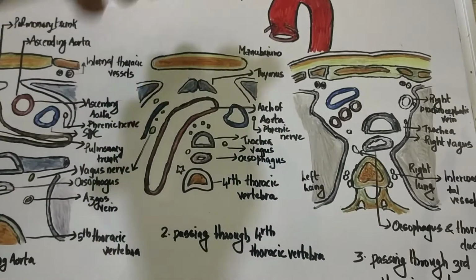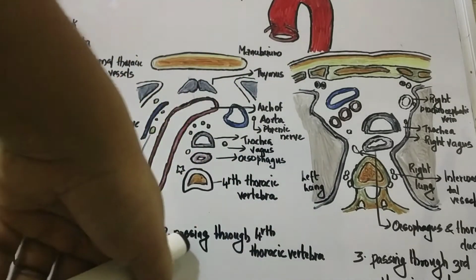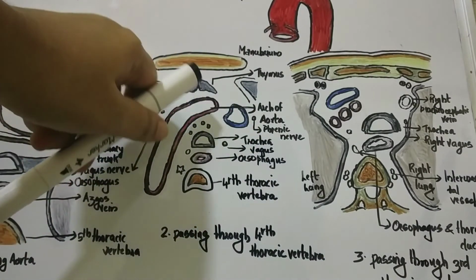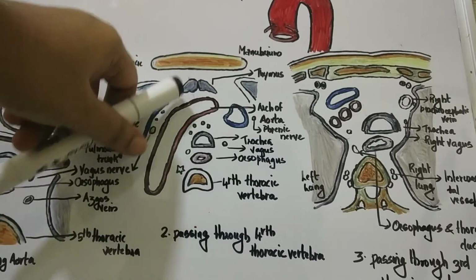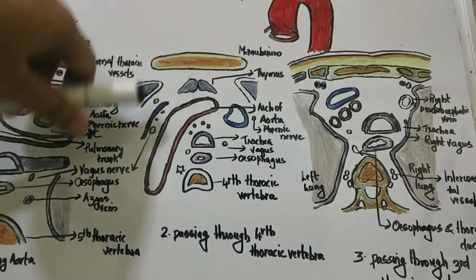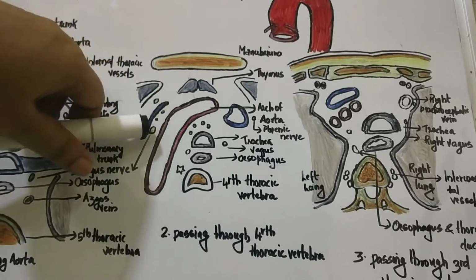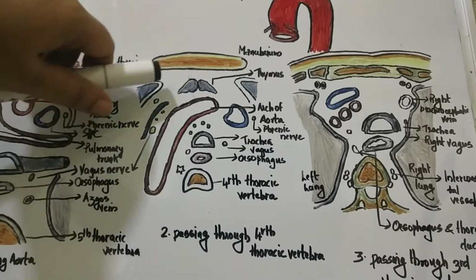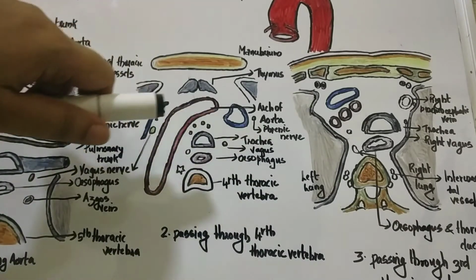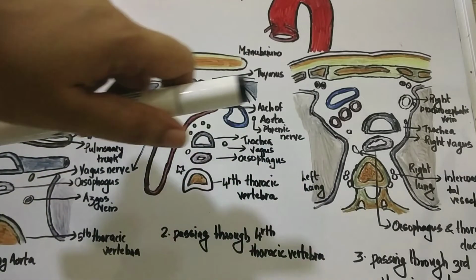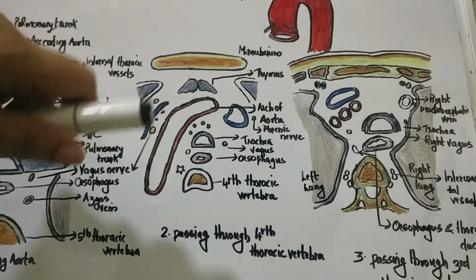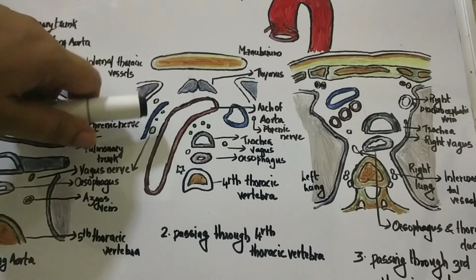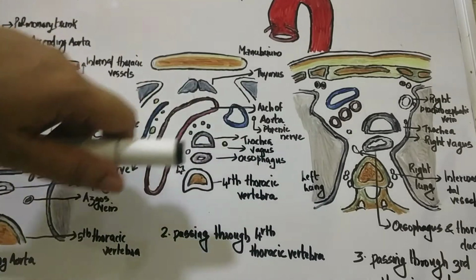In this figure, it is a transverse section passing through the fourth thoracic vertebra. So this is the arch of aorta. Anteriorly and to the left, it is related to four nerves. You can only see two nerves in this figure, the left phrenic and the left vagus, and also the lower cervical cardiac branch of the left vagus, and the superior cervical cardiac branch of the sympathetic chain, and also the left lung, the left pleura and the remains of the thymus.